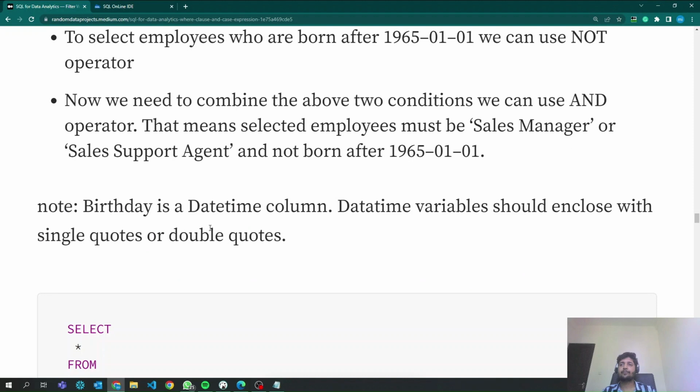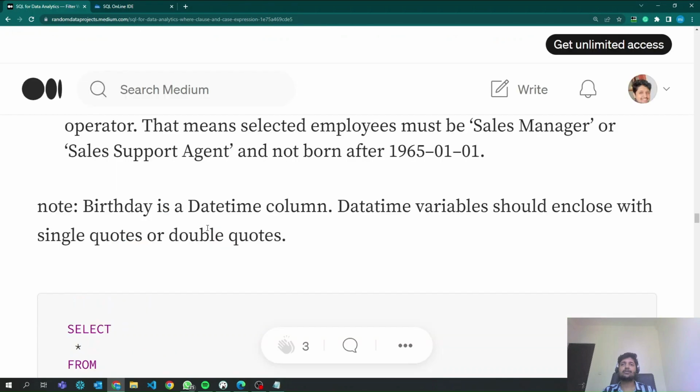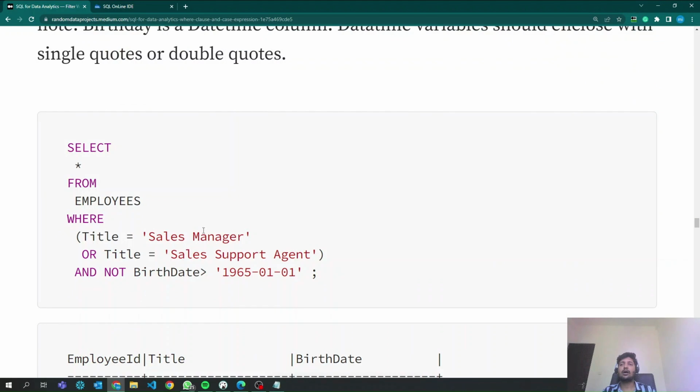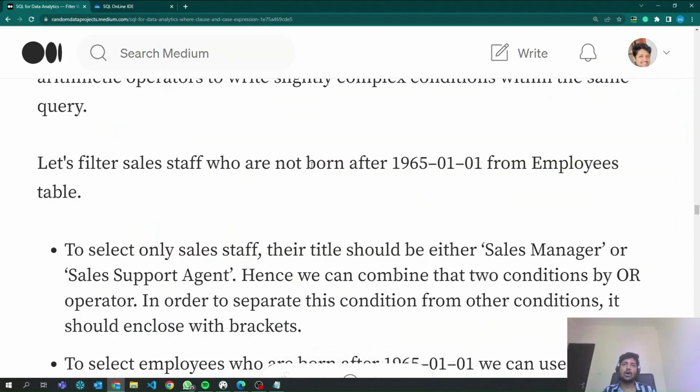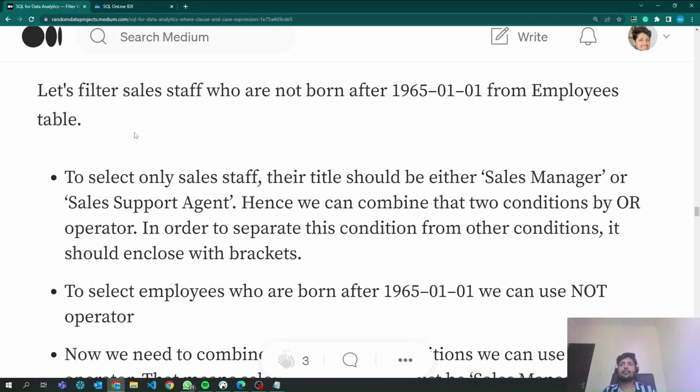Okay, now we try to run a little bit of a complex query. So we learn how to use AND, OR, and NOT operators. Let's try something difficult. So let's filter sales staff who are not born after 1965 January 1st from the employees table. To select